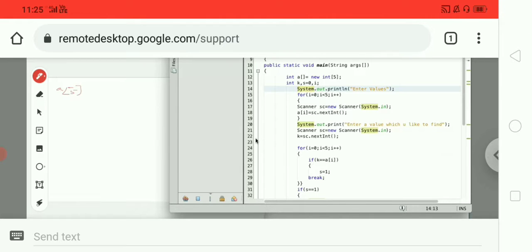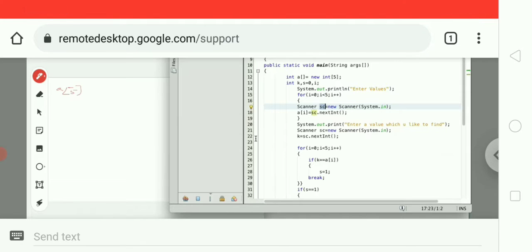In the for loop I use a Scanner class. With the help of the Scanner class we can take the values as input. Here A of 0, I inserted some value. With the help of System.in the value will be taken and stored in a memory block. After that the value will be assigned to the SC object.